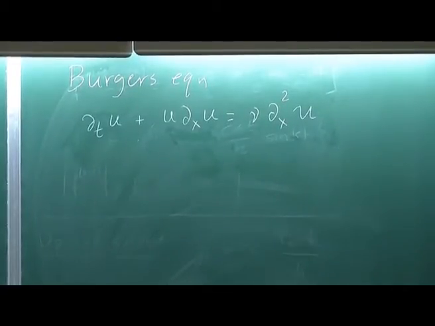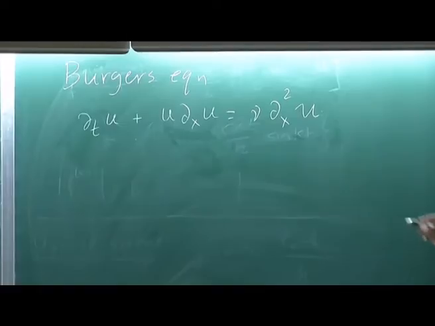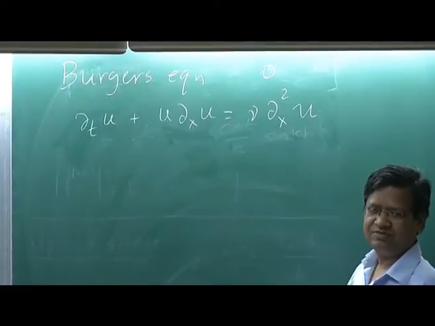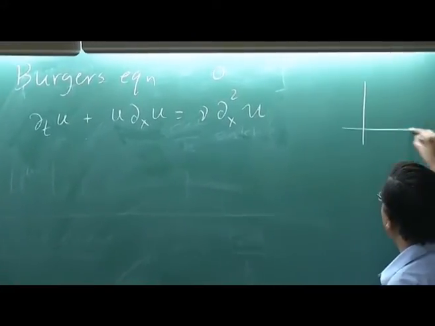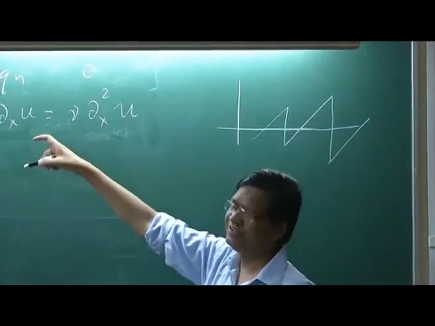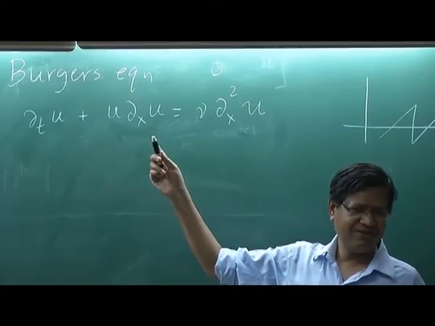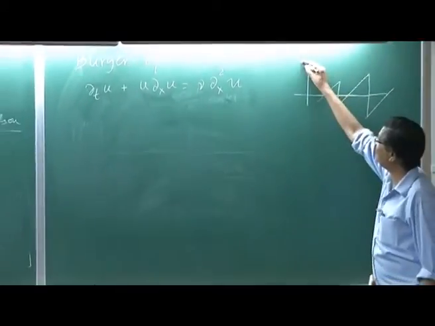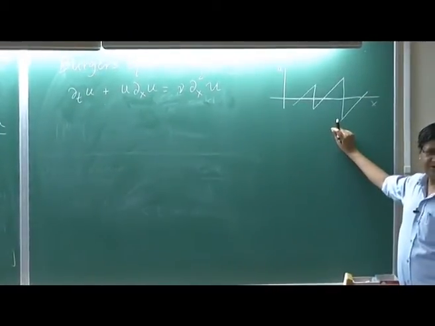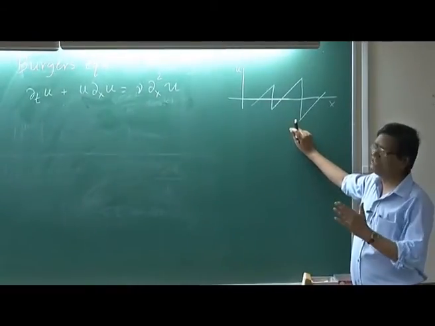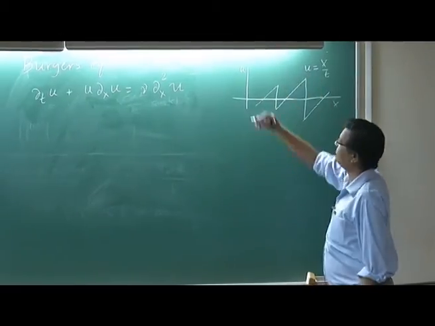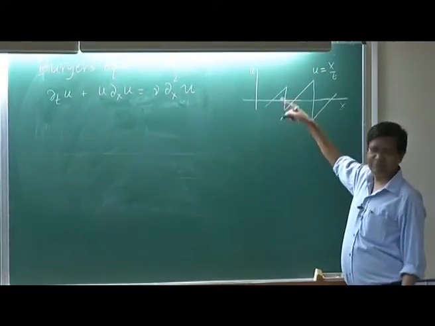So, how do I solve it numerically? Now, I just want to give you the homework. If I set this to 0, these are the exact solution. I can show that the solution of this equation looks like this asymptotically. If you wait for long enough time, my solution of u as a function of x looks like this. You can easily show, you just put u as a linear function, and it will satisfy this. So, this is a linear function with slope 1 by t.